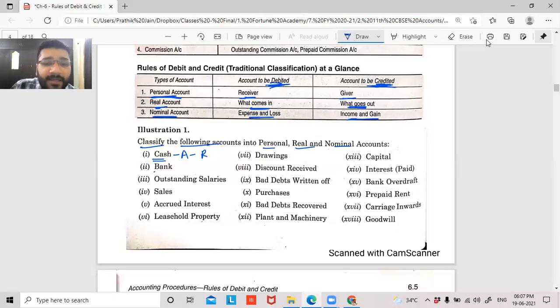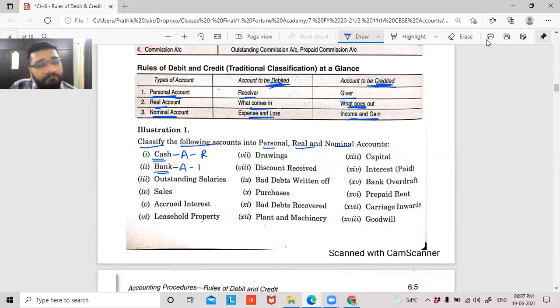Next one, bank, guys. Bank means your bank, the place where you have your money. Please tell me, guys, bank, what flavor do you get? Personal. Bank is what? Asset, liability? It's an asset, but it's not counted as part of real. Correct. But in asset, what kind of asset is it? Asset means something you own, or asset means something you expect to receive in future. So which way do you say this is an asset?